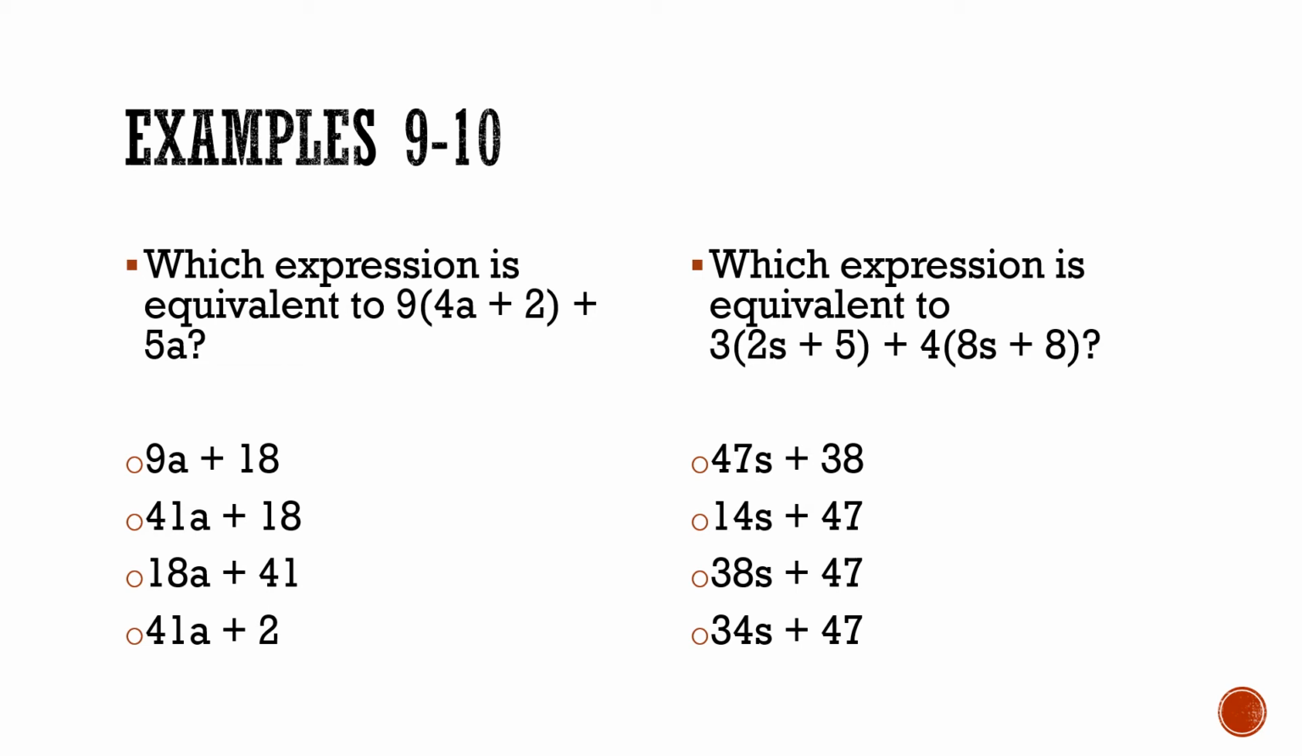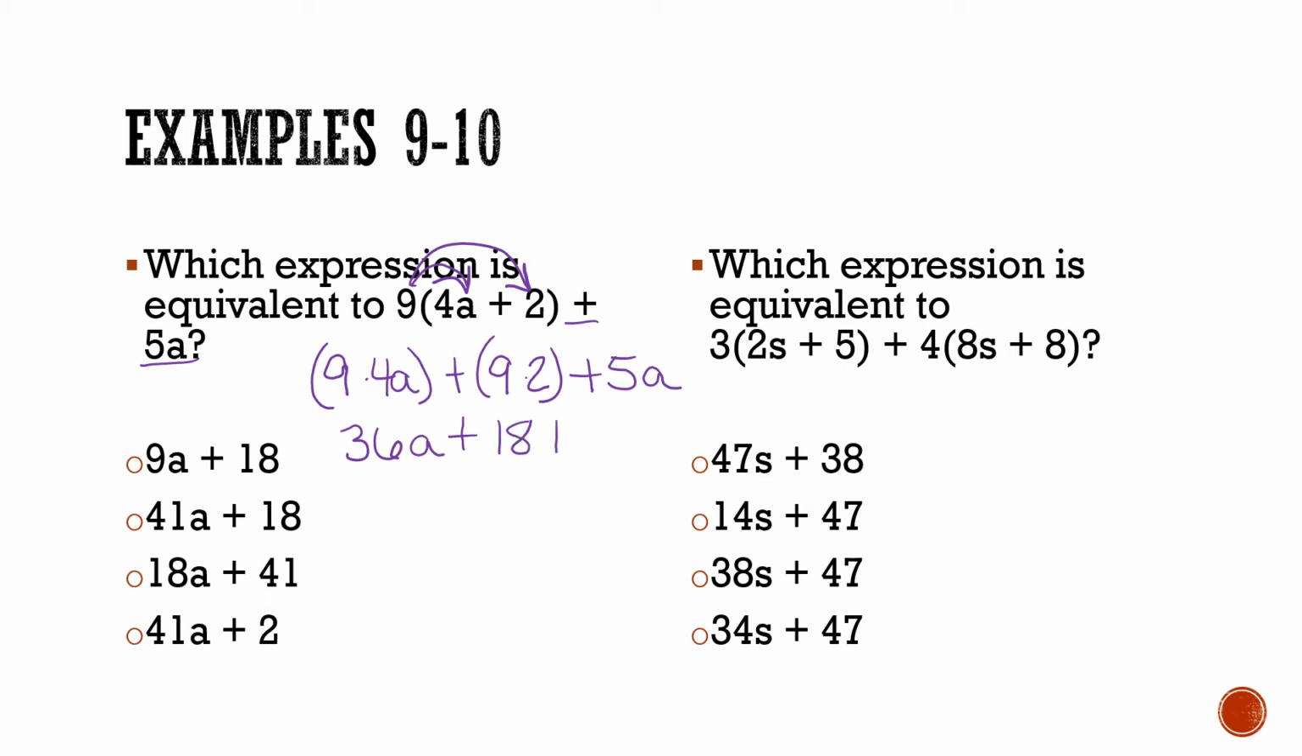So we need to distribute the 9. So we're going to have 9 times 4a plus 9 times 2. So I've distributed that 9 to both terms inside the parentheses, but then I've still got to bring down this plus 5a. So 9 times 4a is 36a, plus 9 times 2 is 18, plus that 5a that still has to come